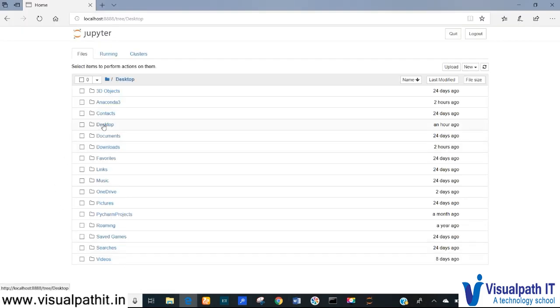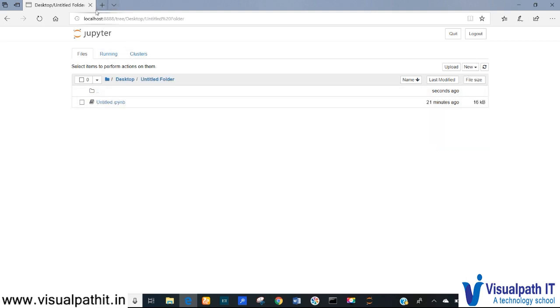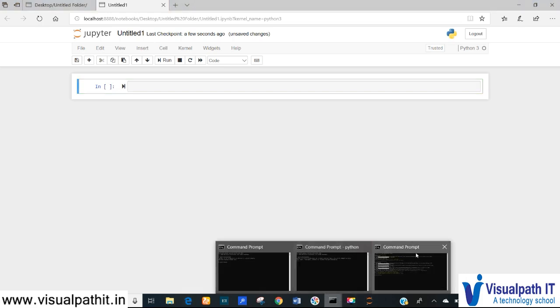Let's create a notebook file. Here we have already created an untitled folder, right? So let's create here a new Python 3. Okay, so before we get into this Numpy, I already told you to install